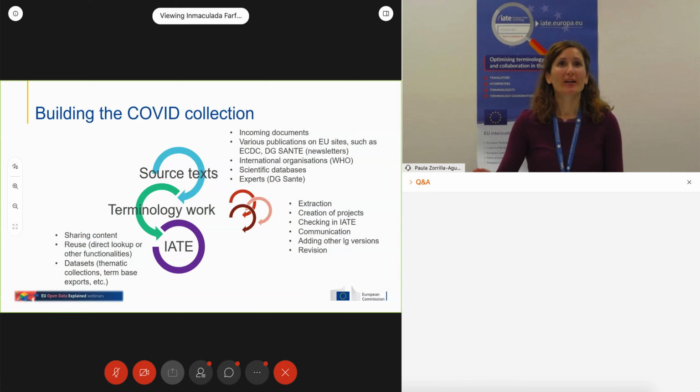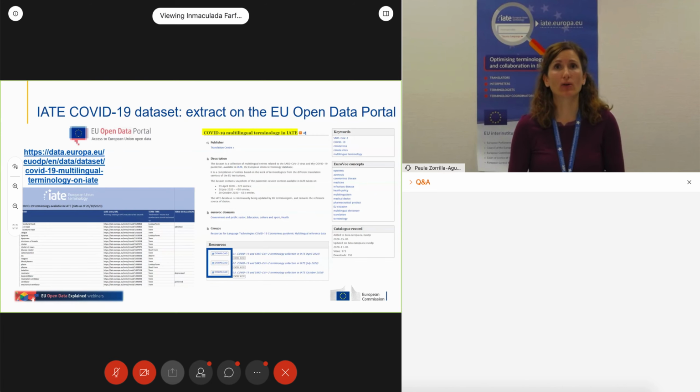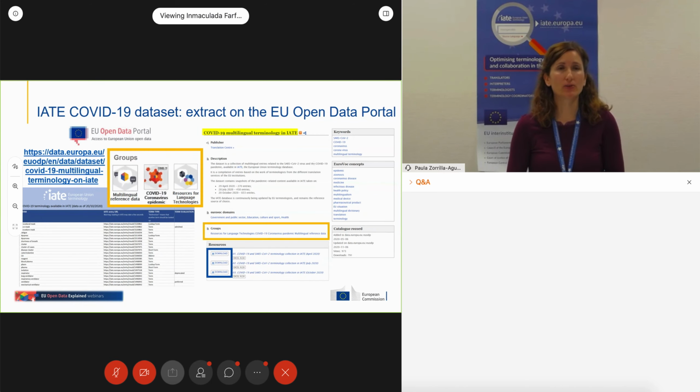So as we mentioned before, since for the time being, the collection metadata is only internal and the collection filter is not available to external users, and given the high demand to follow up the COVID-19 dataset, we have extracted a list of the entry numbers and the English terms together with a link to the full IATE entry and made it available in the European Union Open Data Portal managed by the Publications Office.